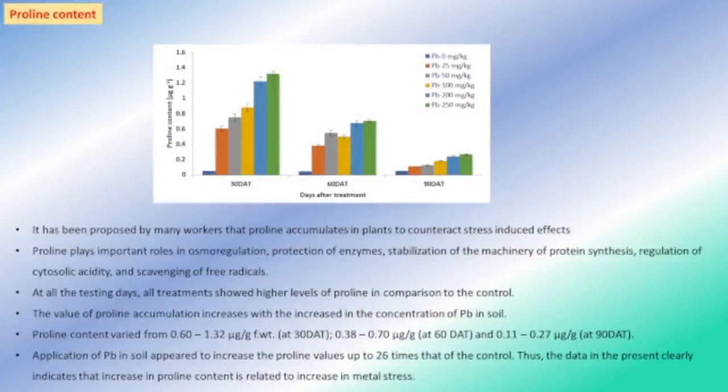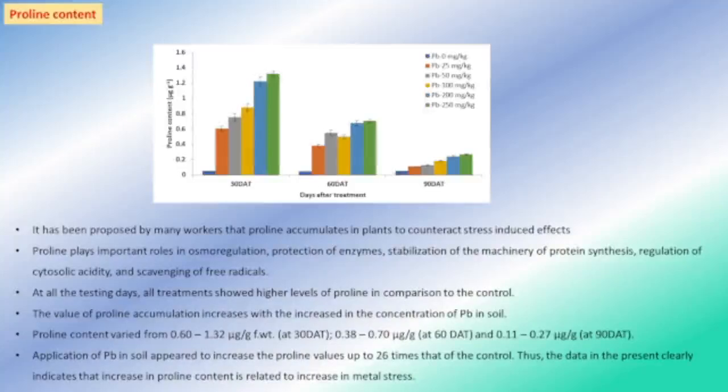The next parameter which was used is proline. Proline is regarded as a stress indicator in the plant, and it has been observed in many studies. Accumulation of proline in plants is considered an important stress indicator. Further, proline plays an important role in osmoregulation, enzyme protection, stabilization of machinery of protein synthesis, regulation of cytosolic acidity, and scavenging of